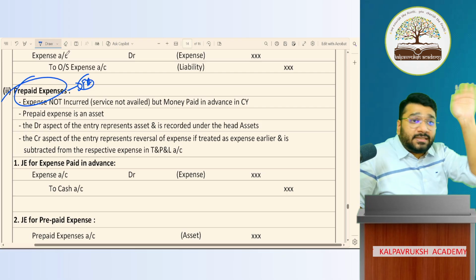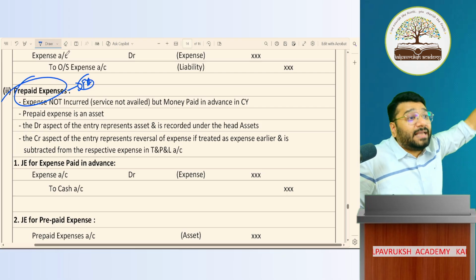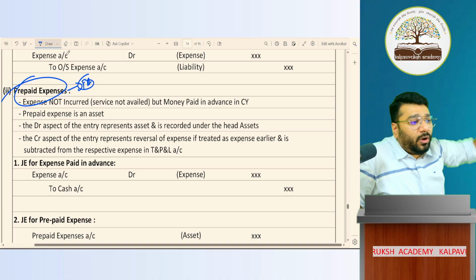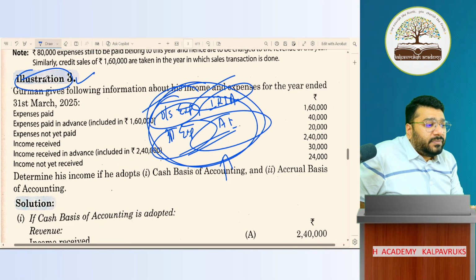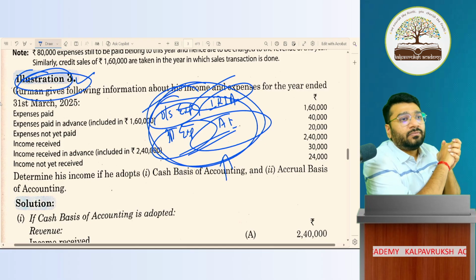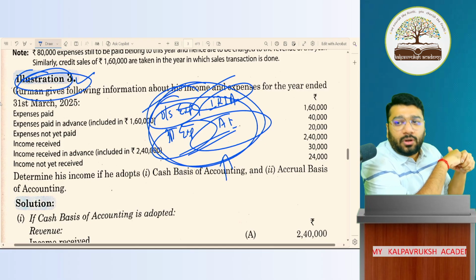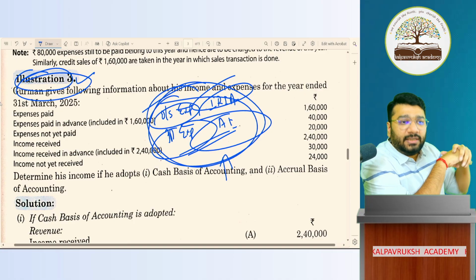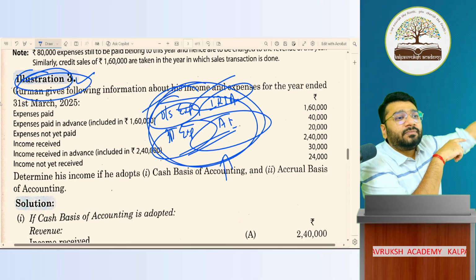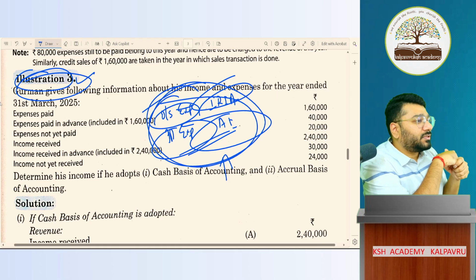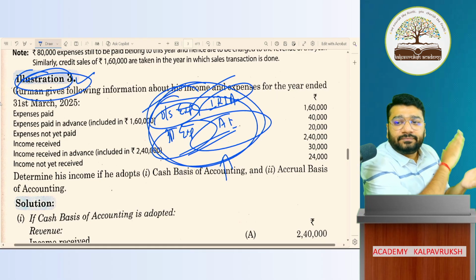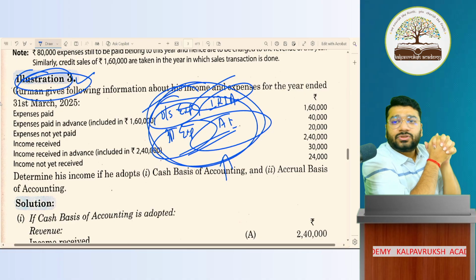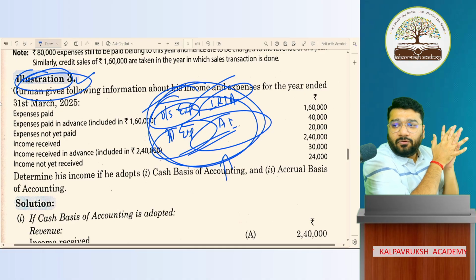Those who have already studied 11th and 12th with me, or those who are very well expert in prepaid expenses or these 4 concepts, you may attempt question 3 and question 4. Those who are still struggling with these 4 concepts and are unable to do question 3 and 4, wait till I do final accounts. Got it, not got it? Any doubts? This is a 40 minutes class.